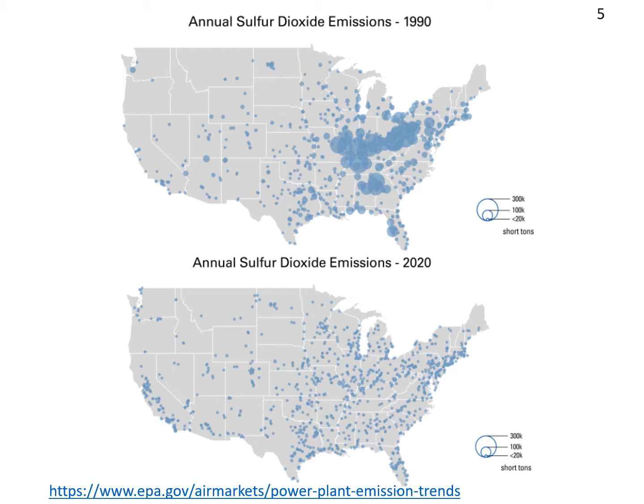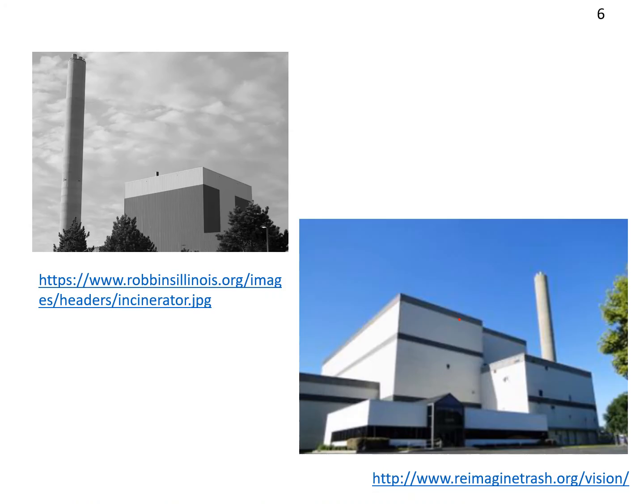Around each of these dots is a community, and you can probably guess what each of these communities looks like. The places where there are still significant emissions from power plants are where the poorest people live because they can't move. So when we make choices about how we use energy, we're making choices about how we're treating the poorest of the poor. And in many ways, the tale of an incinerator is a similar story.